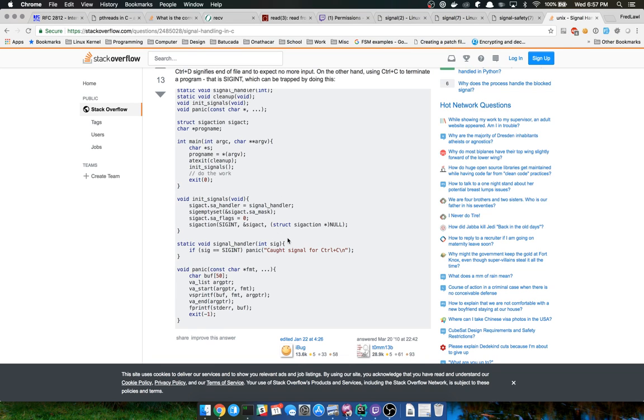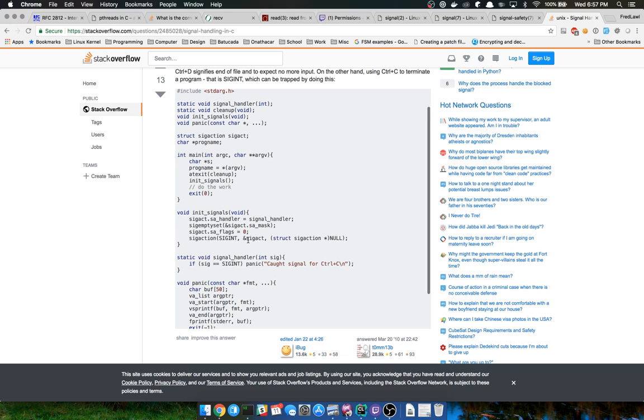Interesting. So it looks like there's some settings. So we can create a signal handler. I don't know what sigemptyset is, or why there's a reference to some sort of mask. No flags. sigaction.